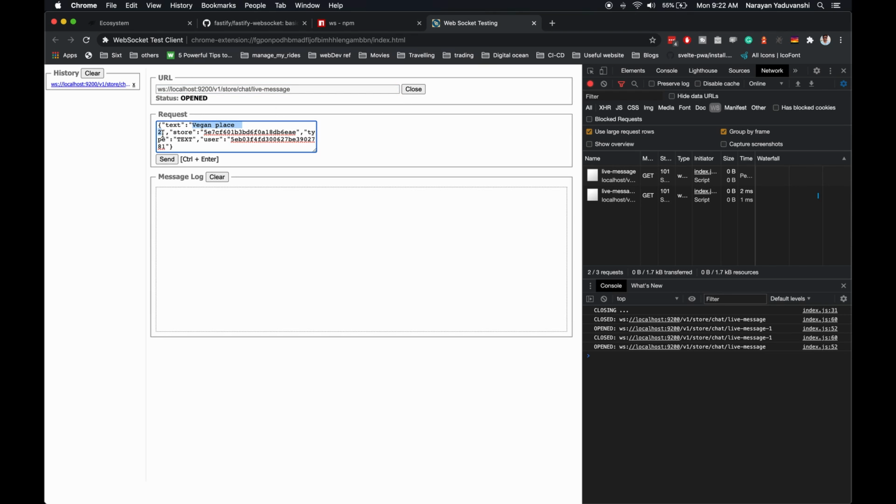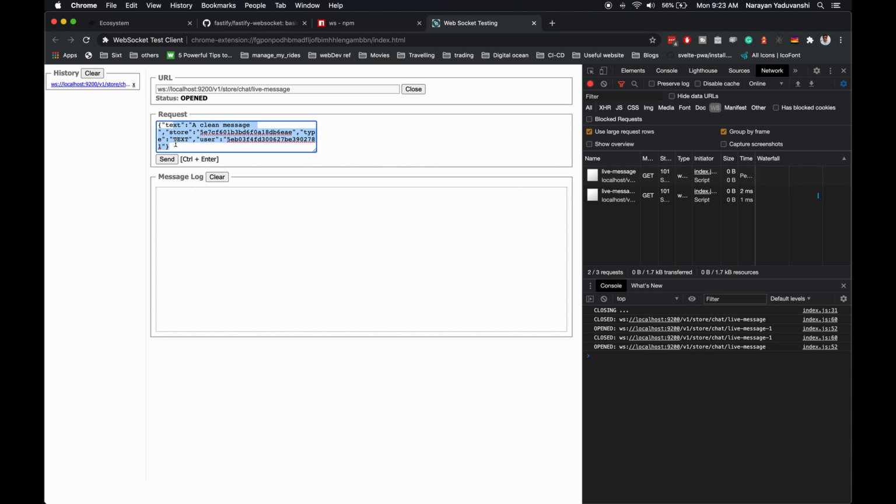Now I would like to send a message, a clean message. For which store am I sending this message? What is the type of this message? It's a text message, and this is the user that will eventually send the message. Once I hit send, it's going to show two lines.